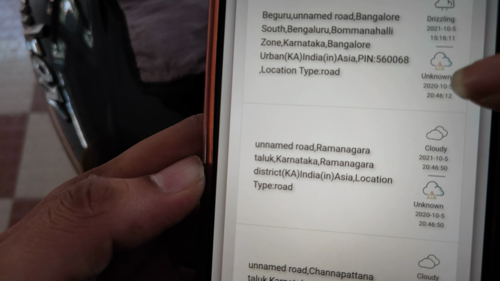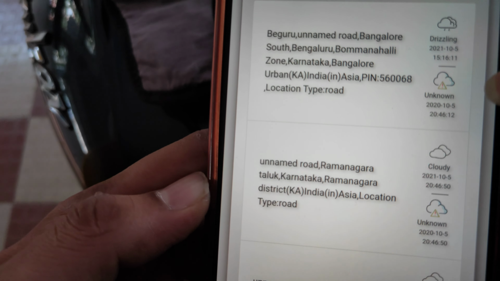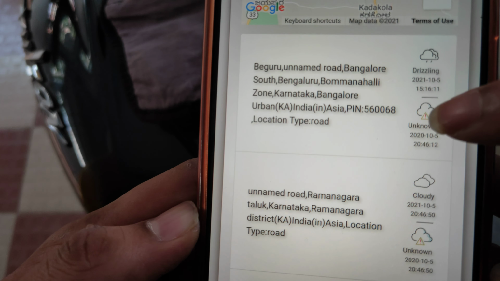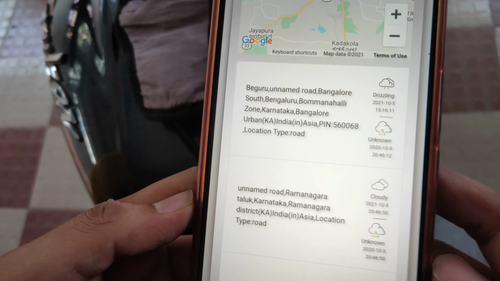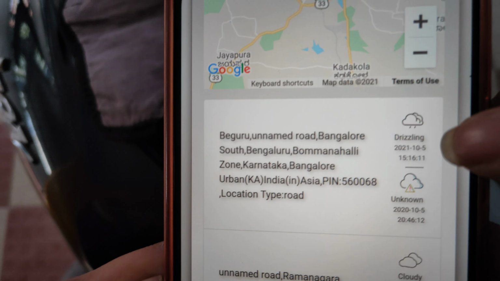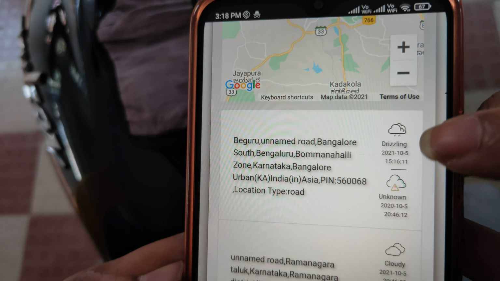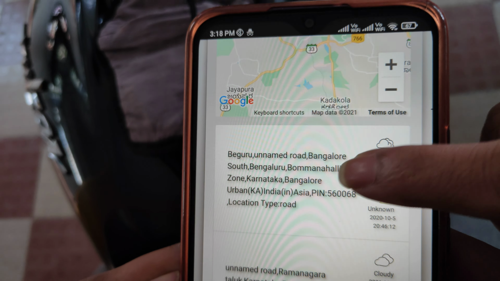This is the user weather. Whichever user is in this Begur location, if anybody has updated some weather, that weather update will come here. Here, you can see there is no raining, it is partly cloudy, right? There is no raining at all, but here it is saying that for the Begur location it is drizzling. It's not drizzling, right? It is false. That's one of the reasons that we created our product.